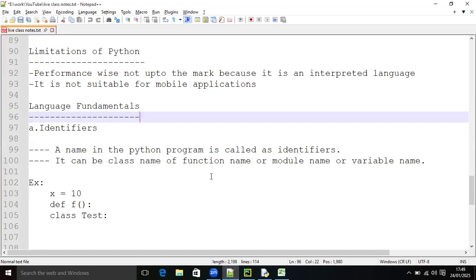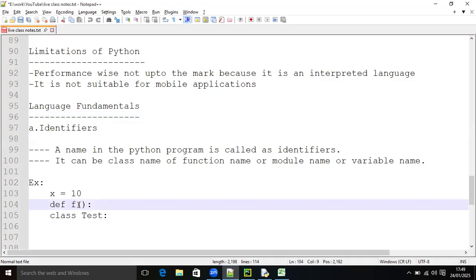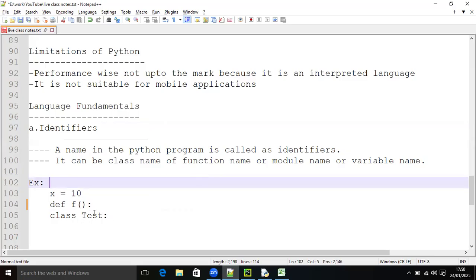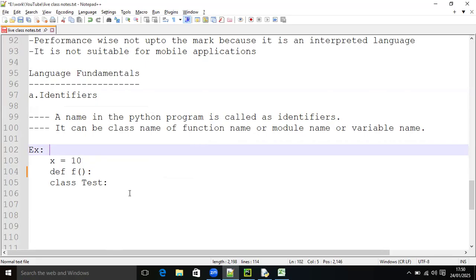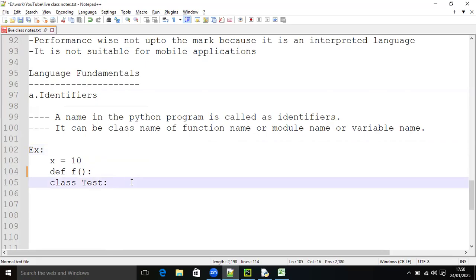Till this point we discussed in the last class how to define a variable. This is the variable name. This is how to define a function. The function name here is f. And this is the name of the class. Here we are going to give a class. The class name is Test. Now we are going to discuss the rules to